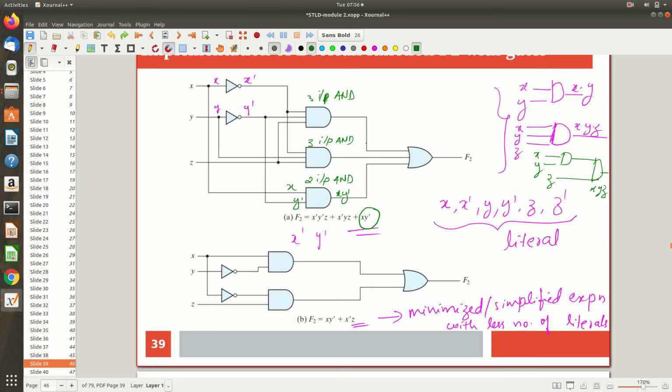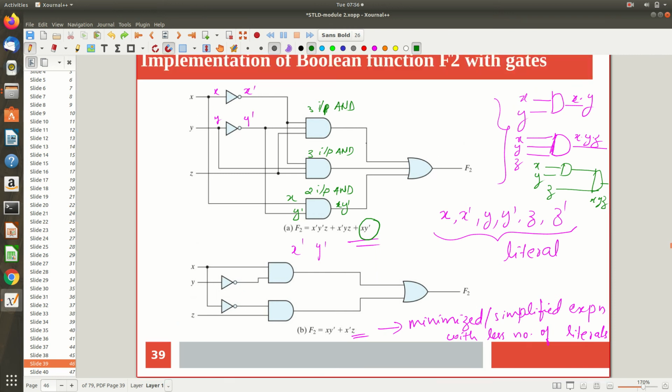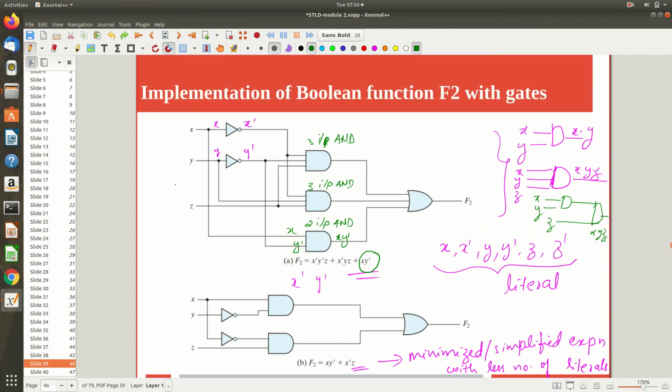If you practice every time, the circuit will look very good. Also, only this way can you do it. You can't do the OR operation before the AND operation, because you have to wait for the result of the AND operation. Also here we are using a 3 input OR gate. You can see that this expression, this expression, and this expression are all there, so together I am combining them.